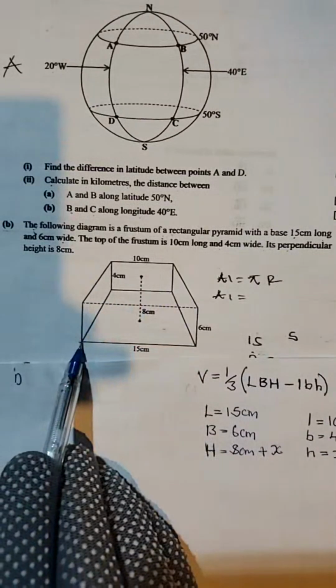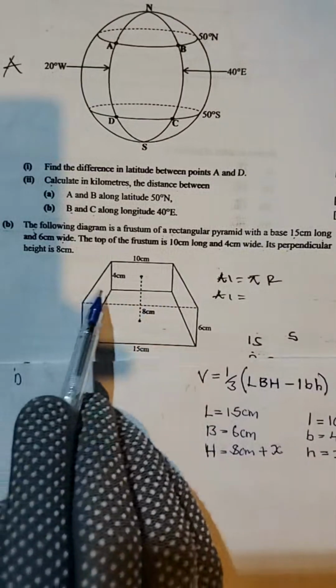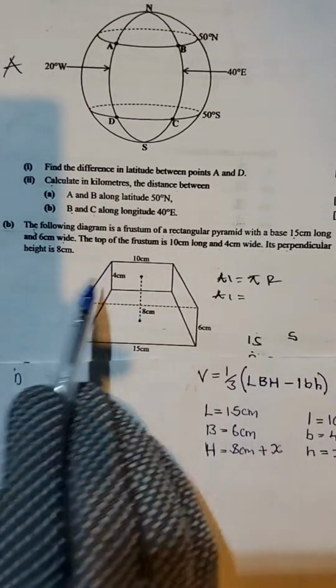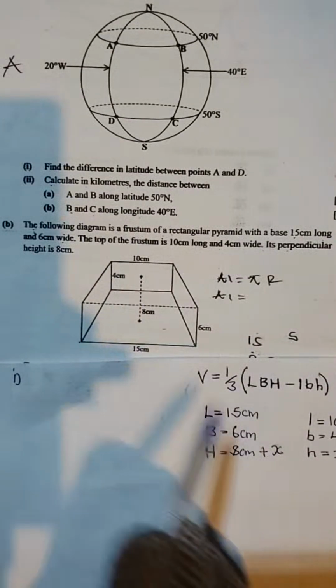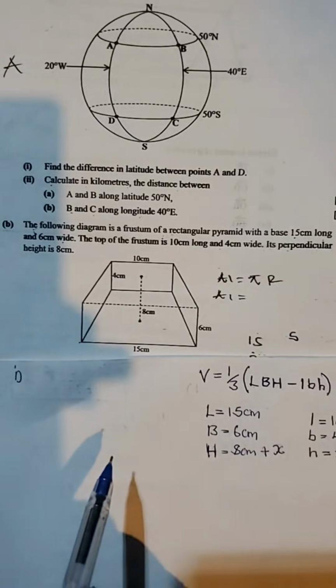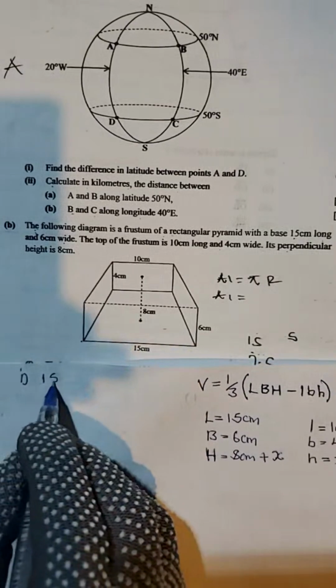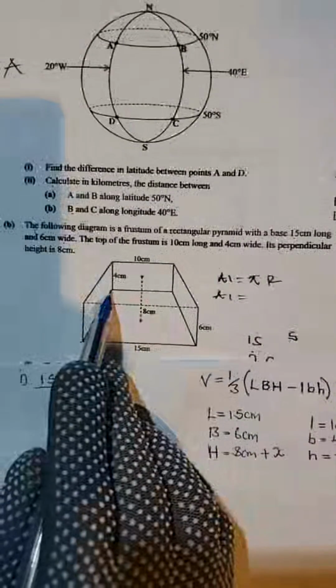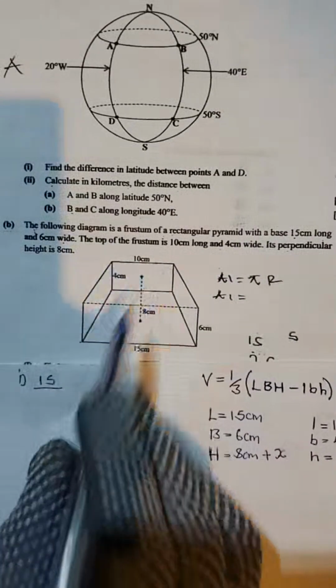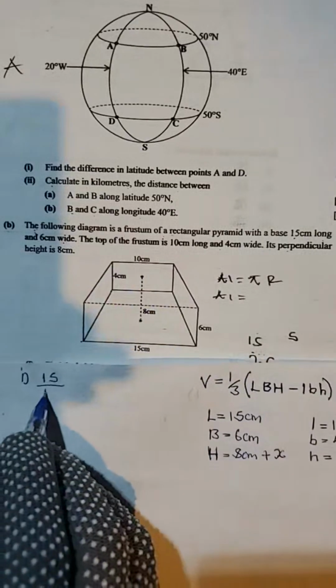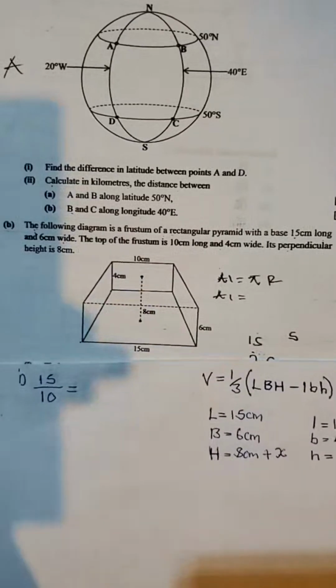If you get this breadth, which is 6, get the smaller breadth. We're still going to get the same answer. Don't worry. Let's get this one. So we're going to get 15 over, let's get this side, this side is also 10. So 15 over 10 is equal to,